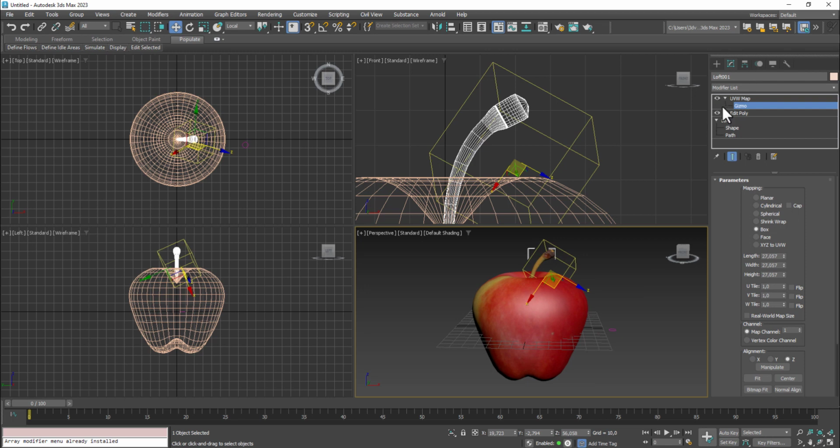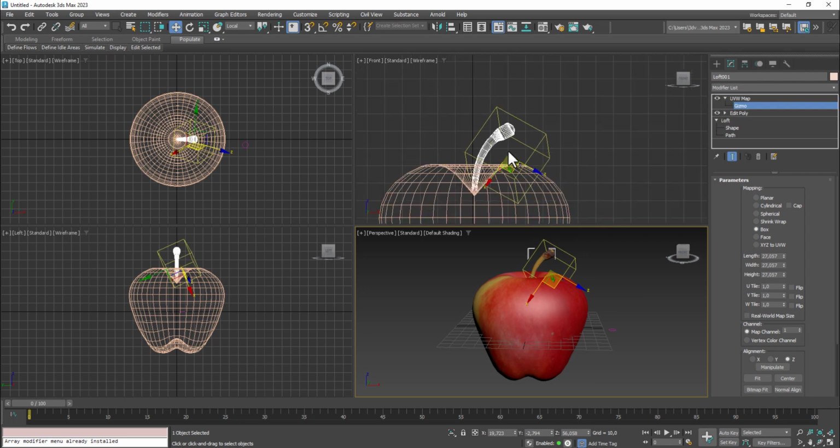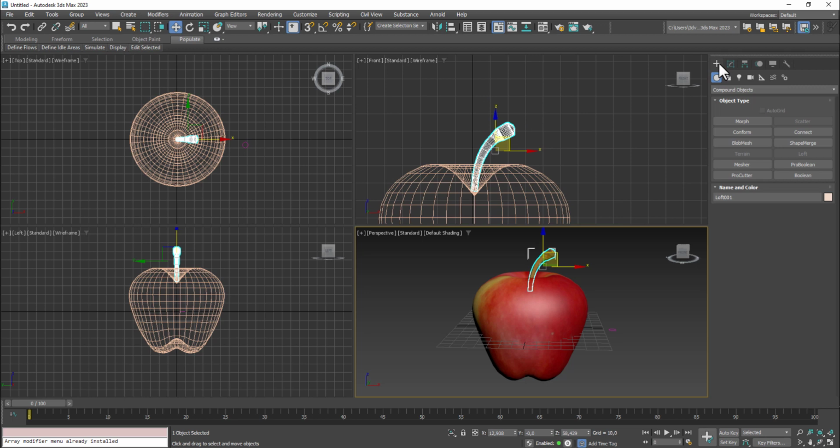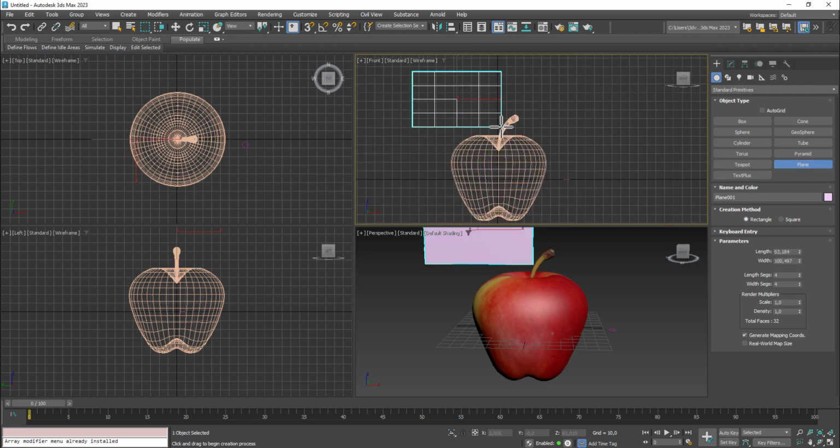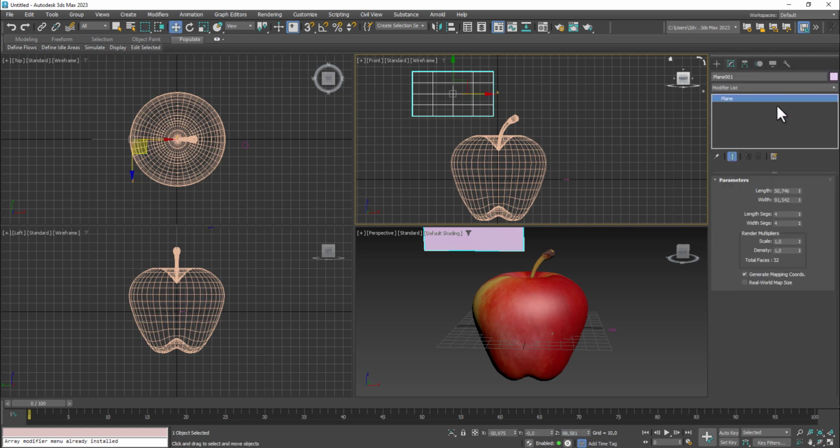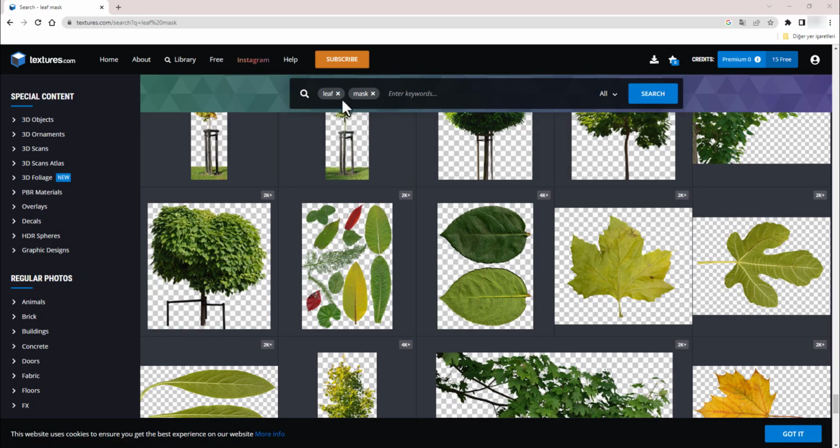And we can add a leaf for our apple, or standard primitives and add a plane on our scene. You can write in textures.com search area leaf and mask. You can find this image and again open GIMP